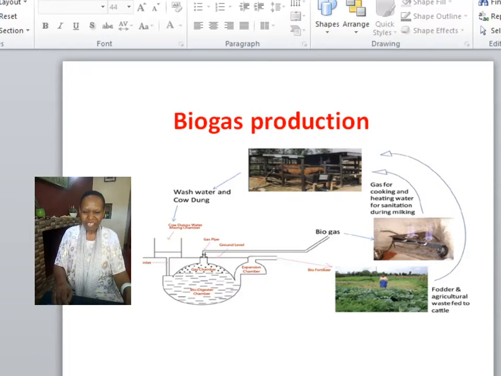Now, this waste can be from fruits and vegetable materials, it can be from kitchen waste, it can be from human waste, or anything of plant or animal origin that is decomposing. So this is recycling of products in the environment.